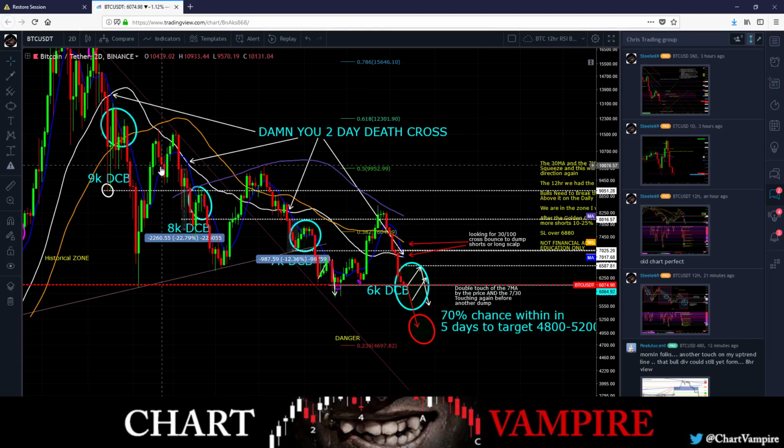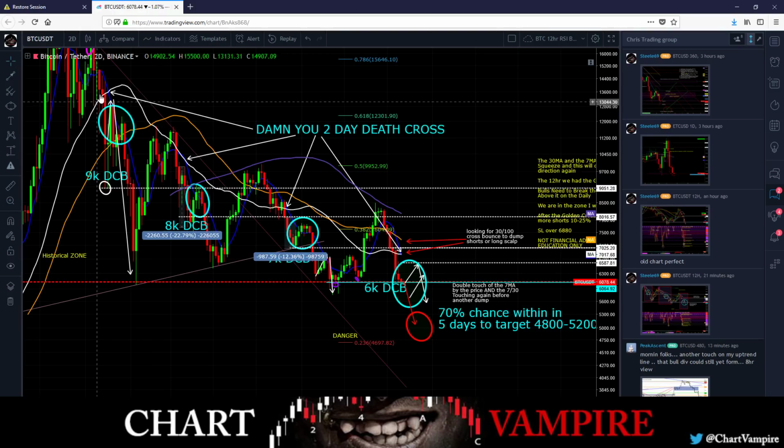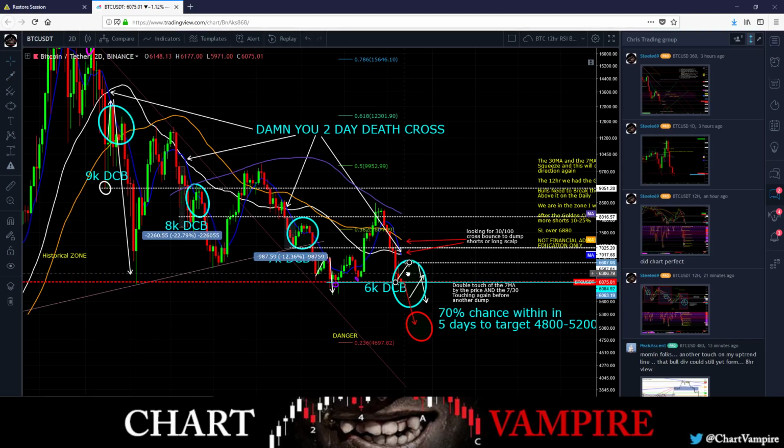It's the only one that reversed back. Still didn't come back up and touch it though. Look, so even if this comes back up into this here, it still isn't overall. It's even worse. So if this bounces up, here's the deal. If this bounces up into this, which it didn't touch,